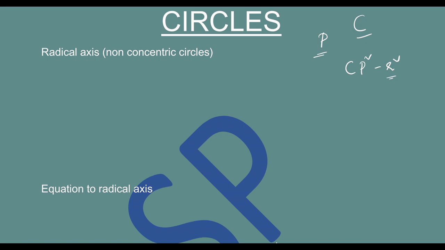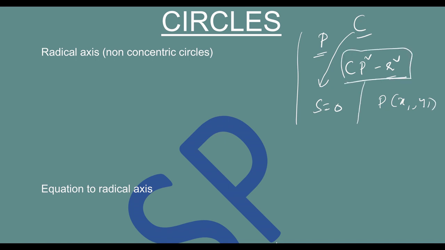And if you remember, if the equation to the circle is S equal to 0 and if the point is x1 comma y1, when we calculated CP square minus r square, it came out as S11. We by hearted that as a formula. So the power of the point P(x1, y1) with respect to the circle S equal to 0 is nothing but S11. Okay. Now after recollecting this, let's go to the definition of radical axis.